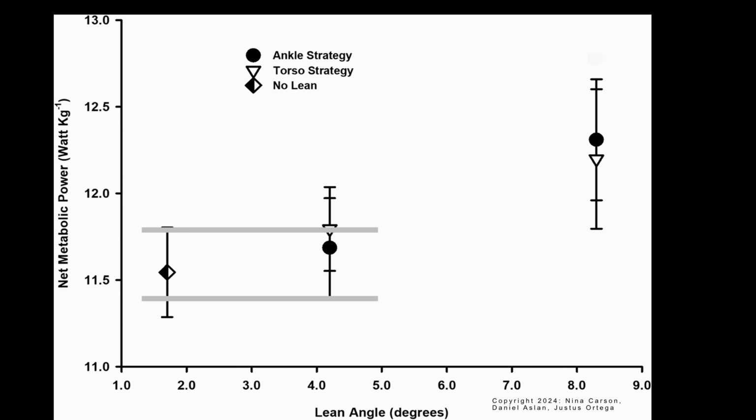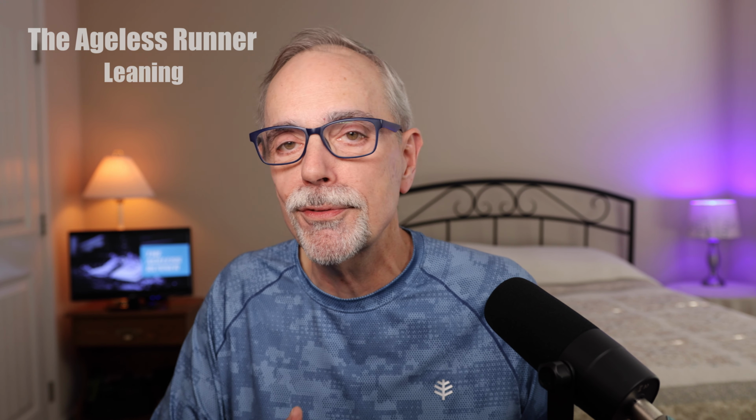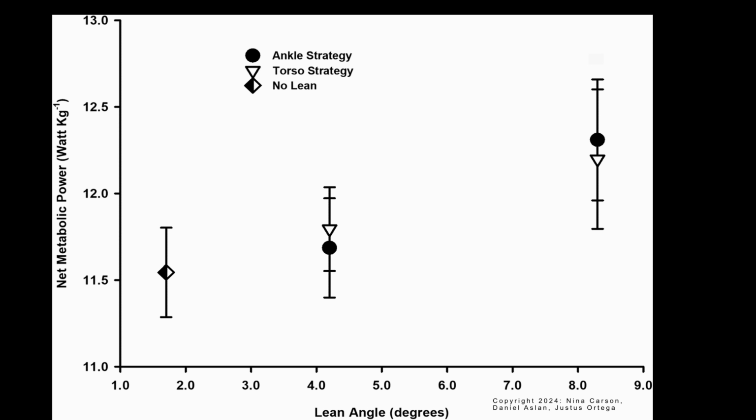And the researchers said the difference between the middle lean and no lean is not statistically significant. In other words, that difference may not be due to leaning; it could be due to just random test data, the particular way they did the run. So the energy we expend leaning, say up to 4 degrees, isn't a whole lot different than not leaning at all. But then we really want to focus on that last set of data,